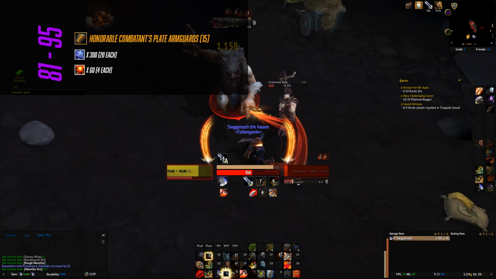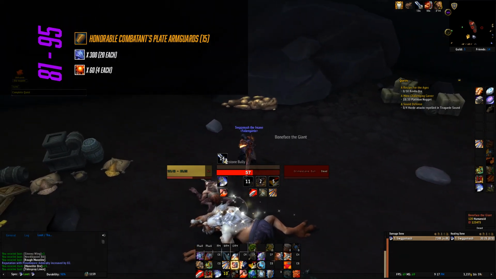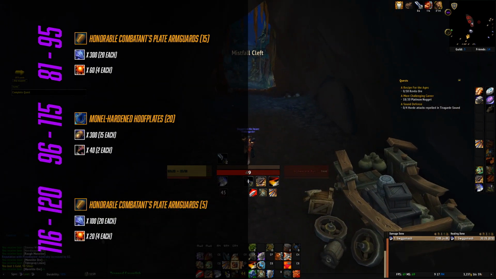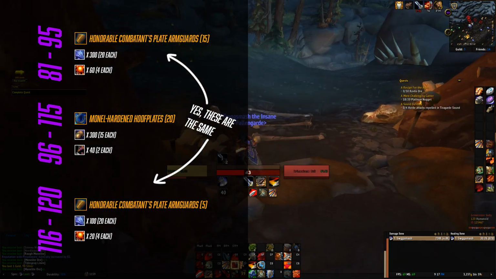Go kill some humanoid mobs in BFA content to grab rank 3 and learn it. Again, this shouldn't take more than 10 or 20 kills to obtain. We are going to make 20 of these at 18 Monelite each. Once you hit Blacksmithing level 115, you'll need to switch back over to the Honorable Combatant Plate Arm Guards for